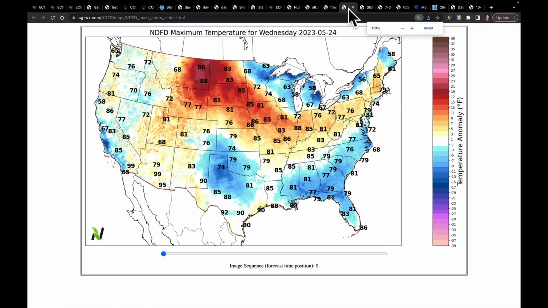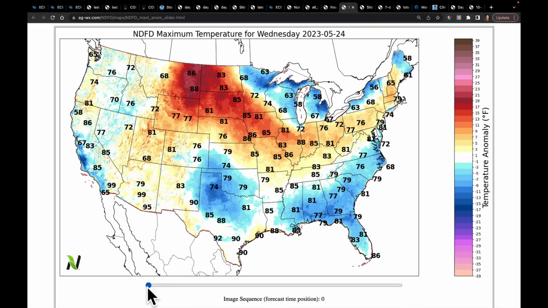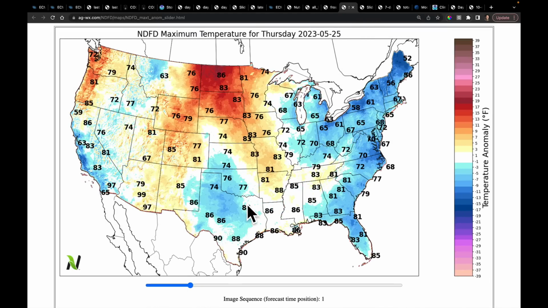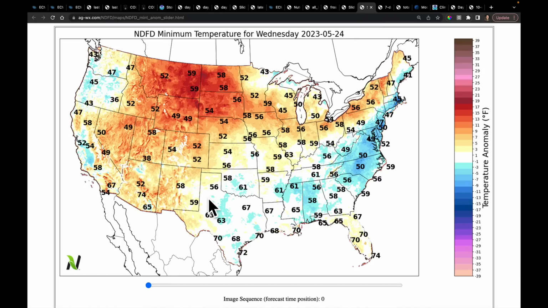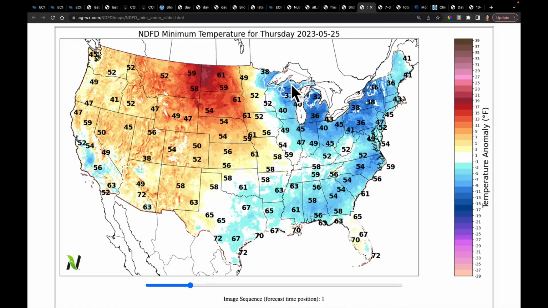So let's go right to our minimum temperatures. Here's Wednesday morning's temperatures and Thursday morning. Maximum, I'm sorry. There's my minimum temperatures. So there's Wednesday morning. Here is Thursday morning. That's when the front clears. The skies are also calm with high pressure, and we've got just a bottoming out of the temperatures with strong